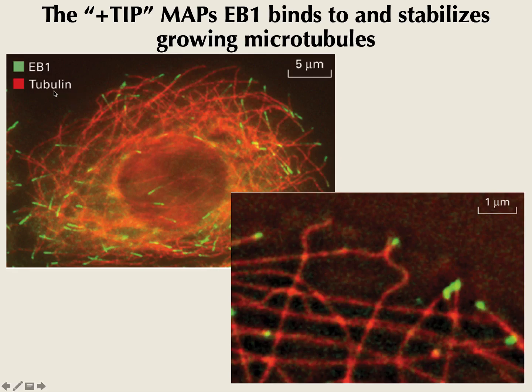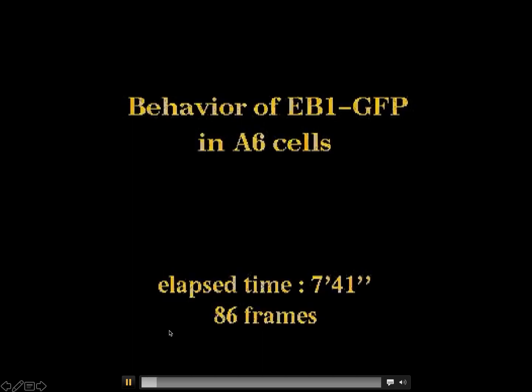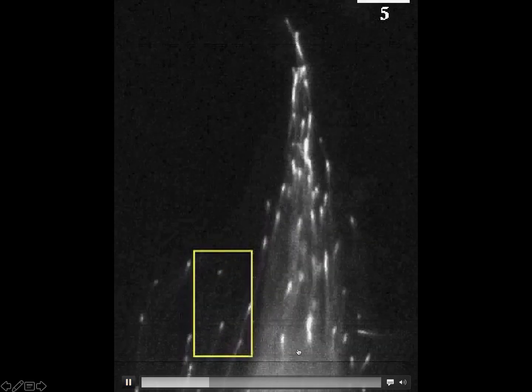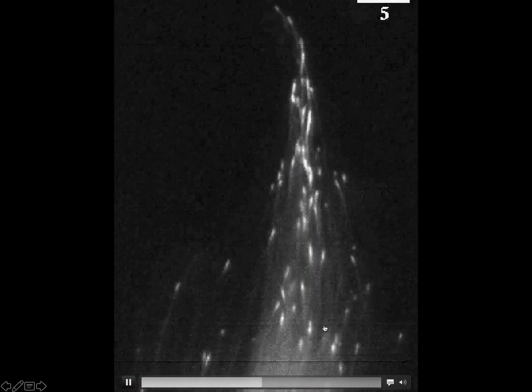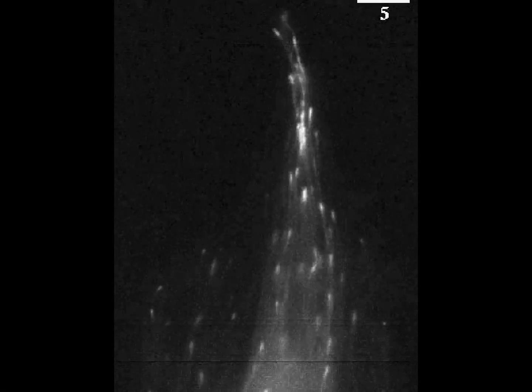So tubulin in red, EB1 in green, and you see these dots of EB1, and they tend to reside clear here at the tip. And that's the tip that points outward, so that's the plus end. Okay? And in a movie form, now you see EB1 GFP for sure. No microtubule, but this is how it looks. Right, so this is very nice, this comet shape. So it's really showing that you have,